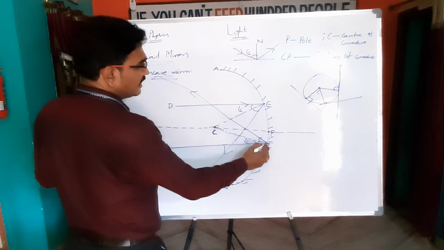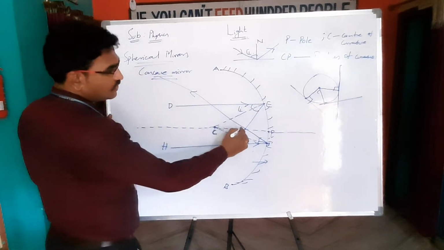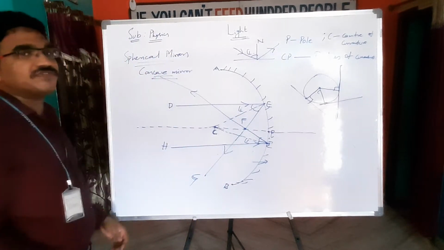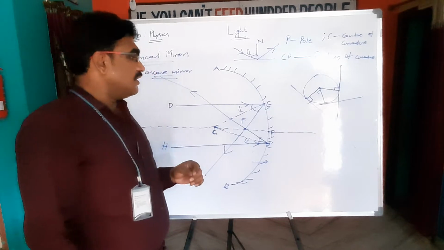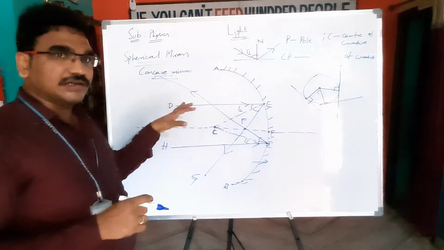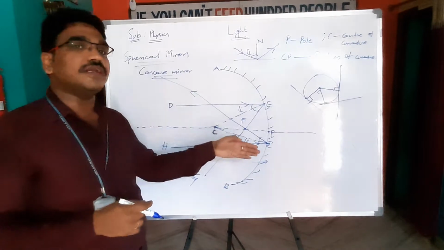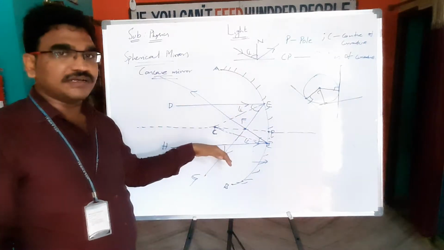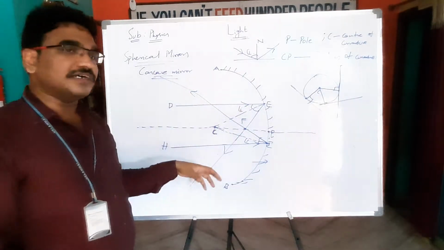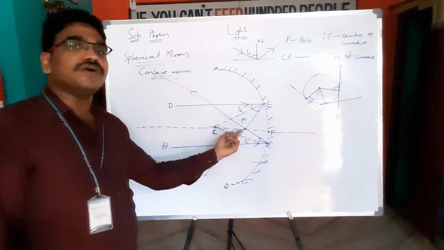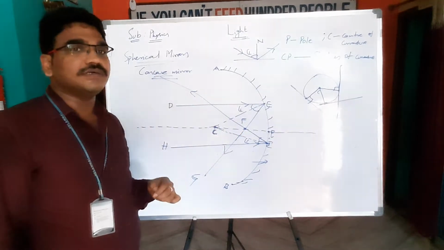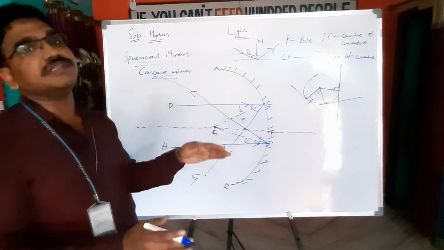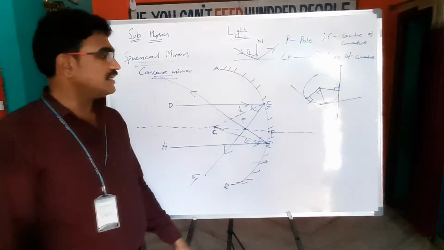Now you see this reflected ray and this reflected ray both are meeting at a point on the principal axis. That point we call the principal focus, capital F. Principal focus means when the light rays are parallel with each other and parallel to the principal axis, after striking the spherical mirror, they will reflect such that the reflected rays will meet at a point on the principal axis. That point we call the principal focus. Of course, these incident rays I have taken are very close to the principal axis. That is the condition I have taken.